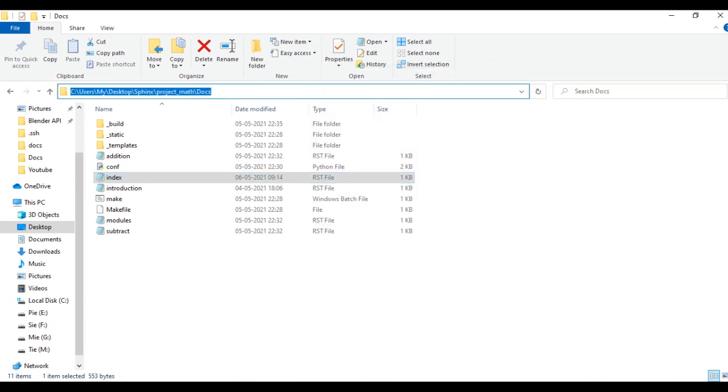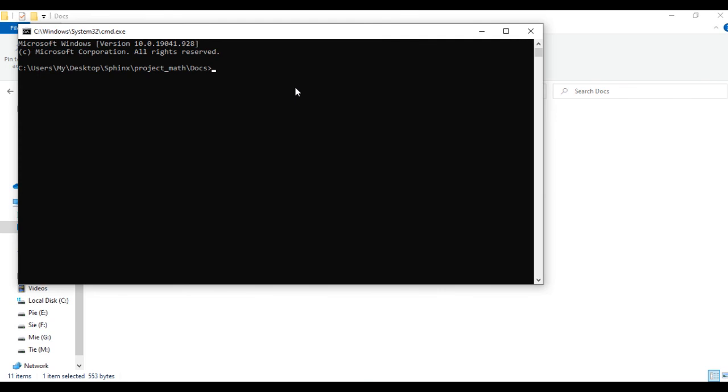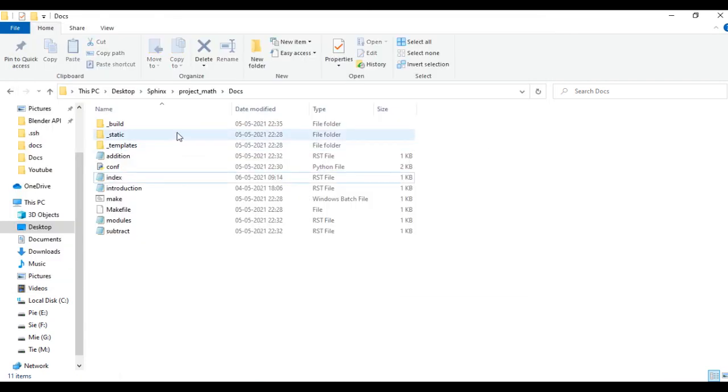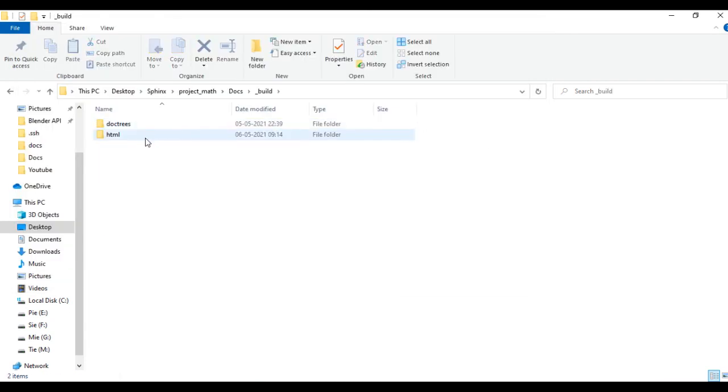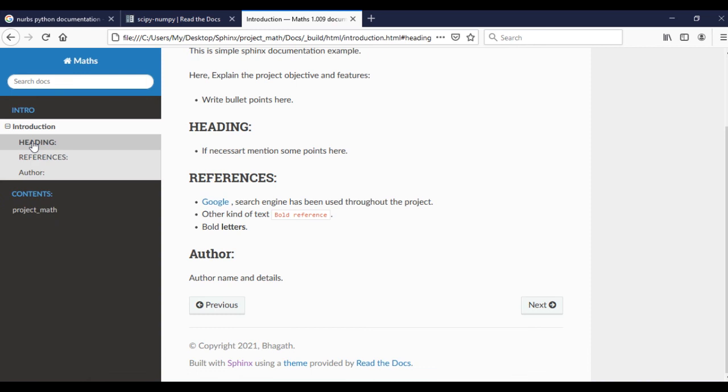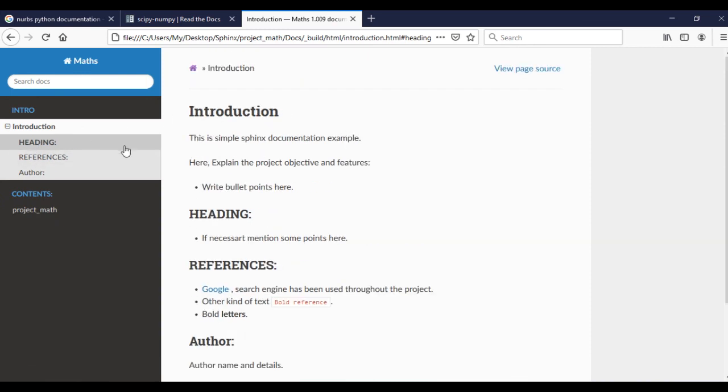Again, I'm going to open command prompt here, and run make html. Yes, it created the HTML file with all the data which we gave. So let's open this. Yeah, this is a sample introduction I took.